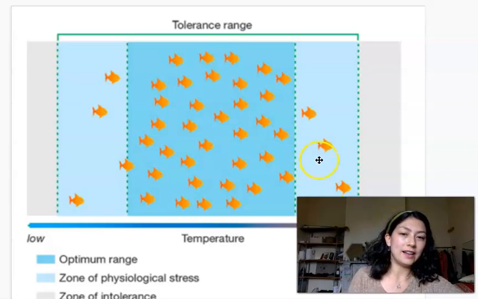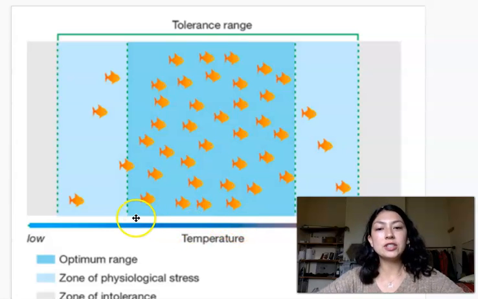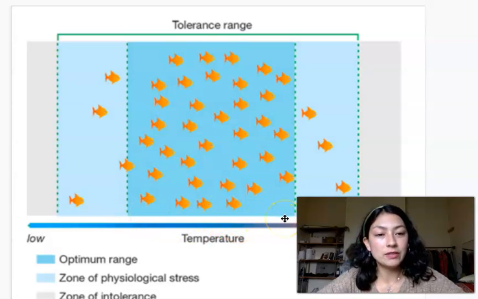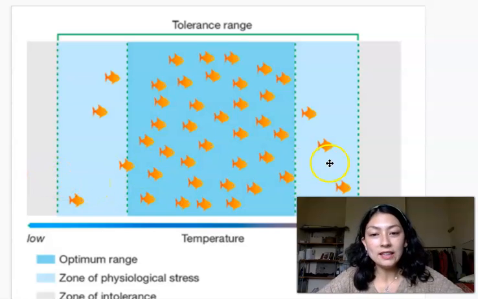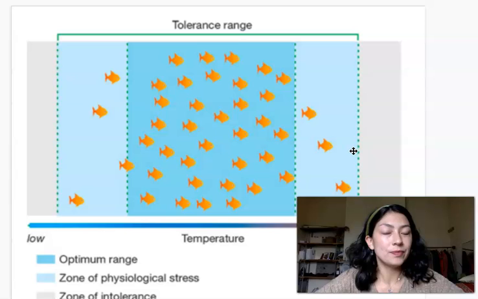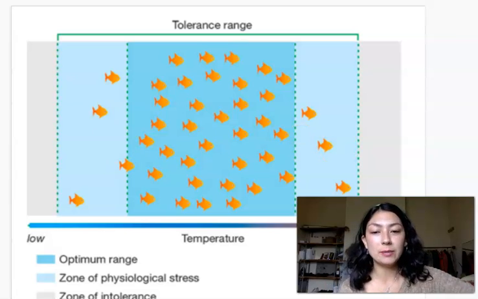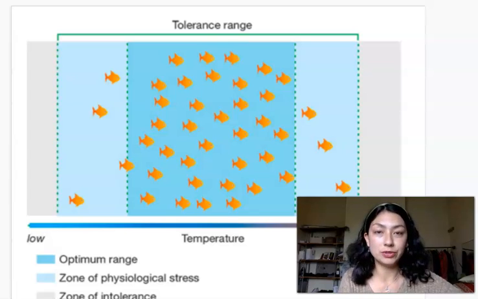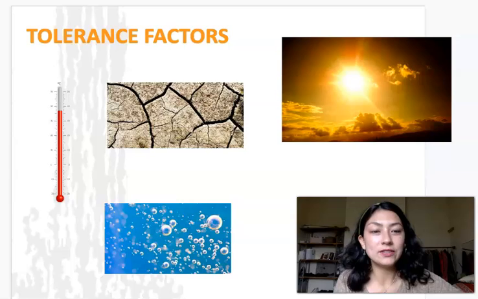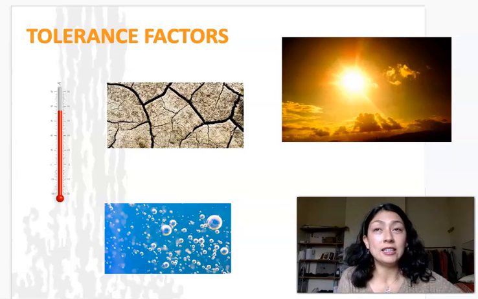My face is hiding the high end. So these fish can survive within a set temperature limit very well. Beyond that, it's a little bit difficult, and beyond that, that means that they cannot survive. Tolerance range there. It is the particular environmental conditions in which a species can live and reproduce. That is the tolerance range. We have some tolerance factors that decide on a tolerance range.